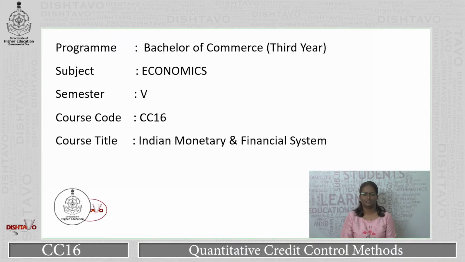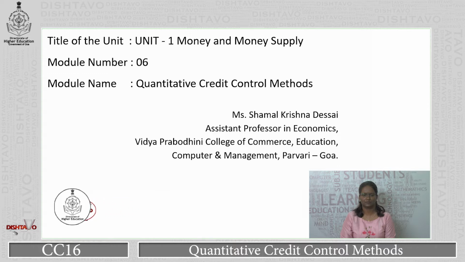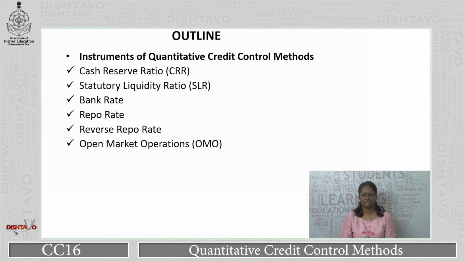Hello everyone. The title of the unit is Money and Money Supply. Module number is 6. Module name is Quantitative Credit Control Methods. The outline of the study is we are going to learn instruments of quantitative credit control methods. These are the following